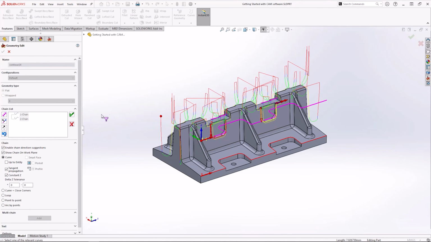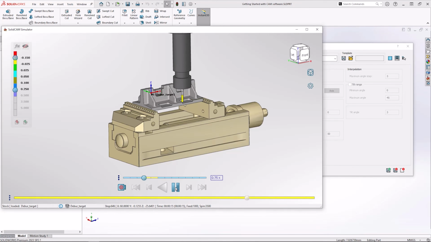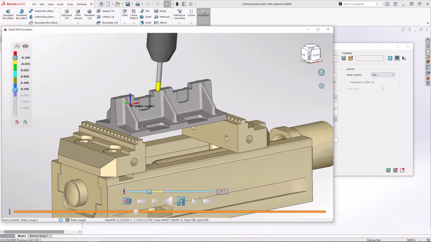Hello and welcome. Today we're going to have a look at how edge braking in SolidCAM can really help you finish off parts perfectly. As we can see, I've got a 5-axis part that I've done all the machining on, but there's one thing left to do. That's making sure we have no sharp edges in the part.